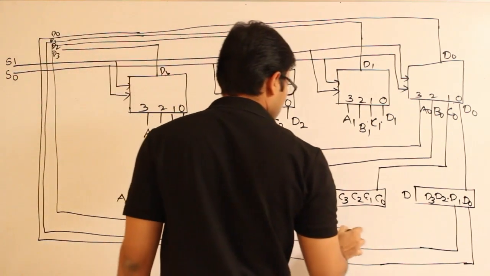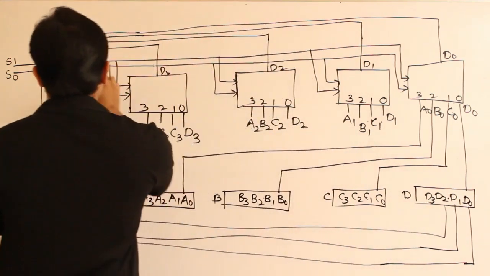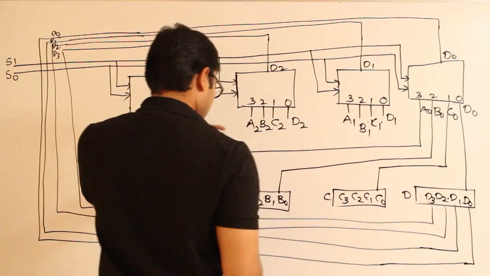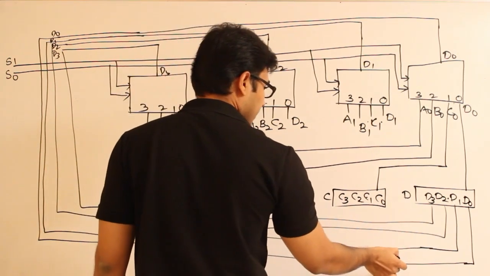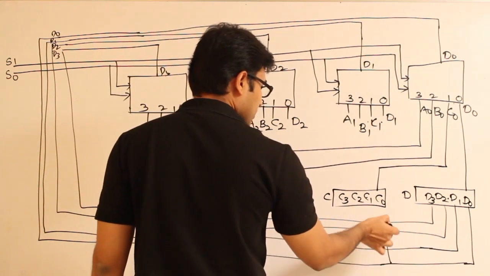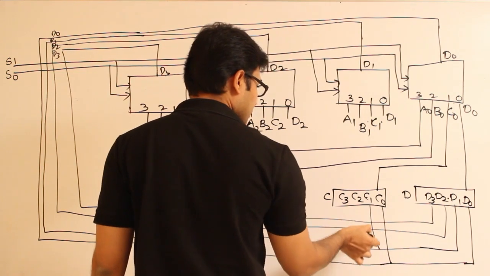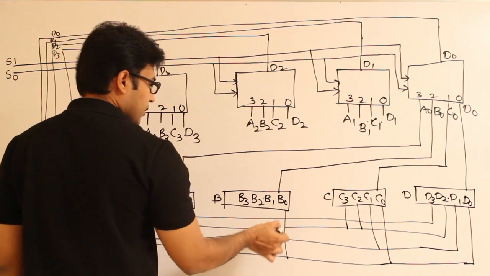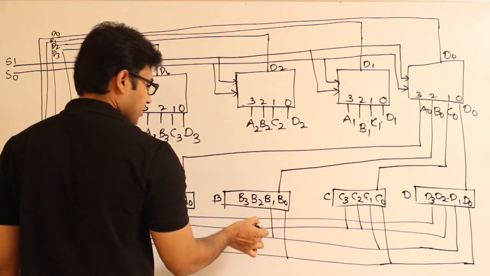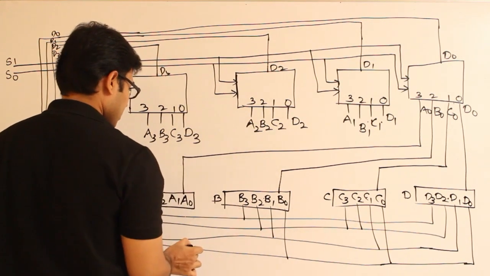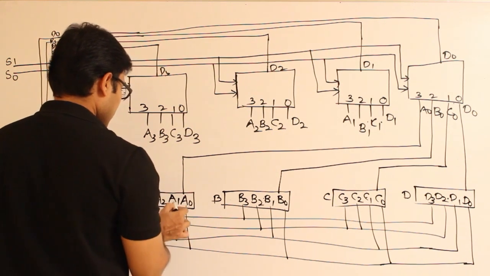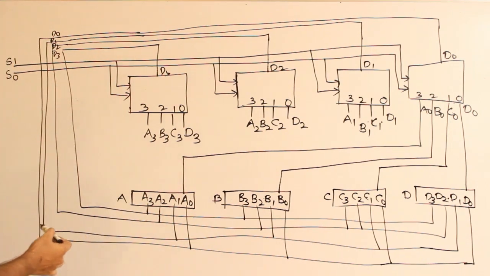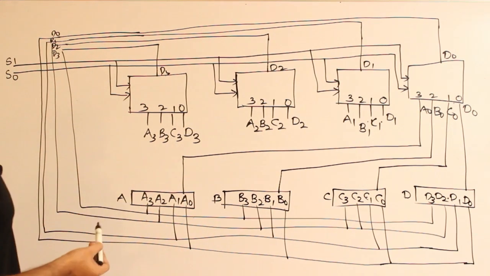D2, which means the second significant, and D3, right? Now the last line is the least significant bit, second least significant bit, third most significant bit. Got it? So now let's see a small